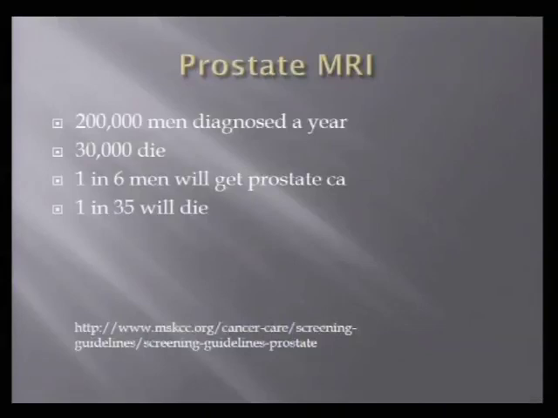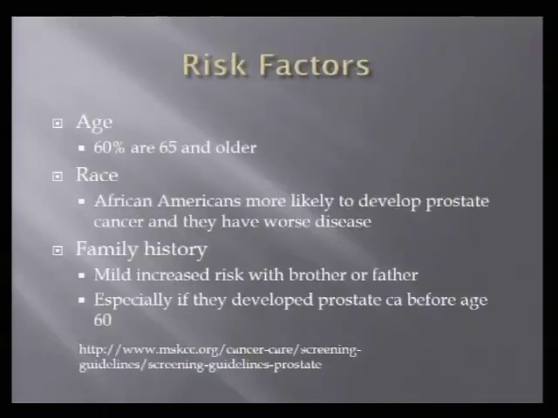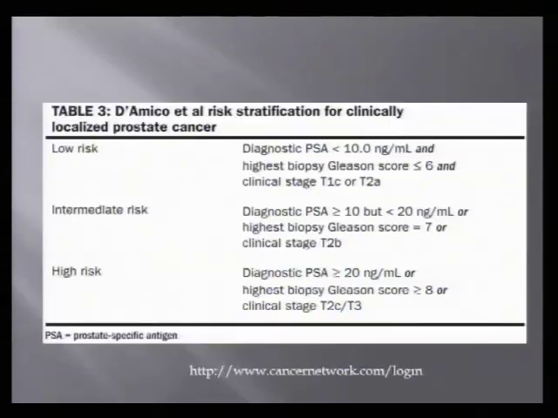So prostate MRI, let's get to things that are a little bit more fun than talking about MR physics. Everybody knows it's a problem. 200,000 men diagnosed a year, 30,000 die. A lot of men get it. 1 in 35 will die. There's risk factors. You can see here what those are. And basically,